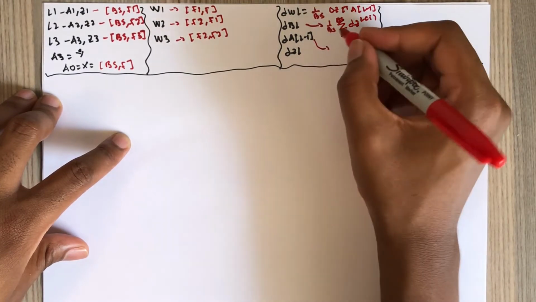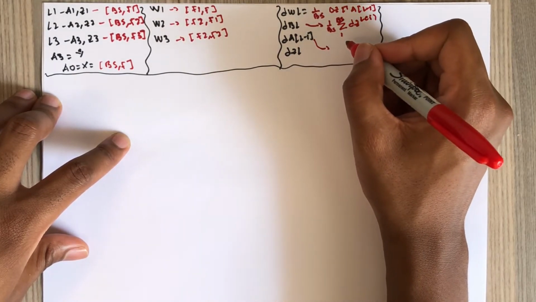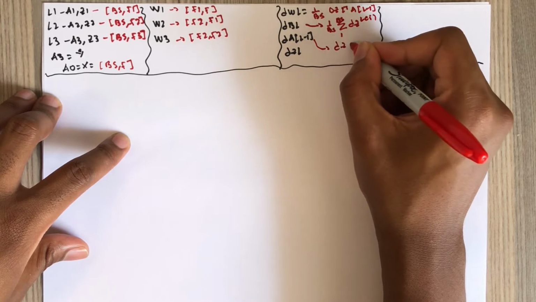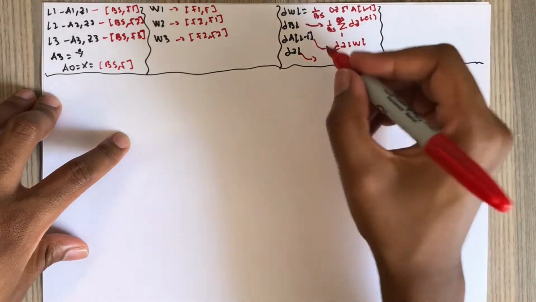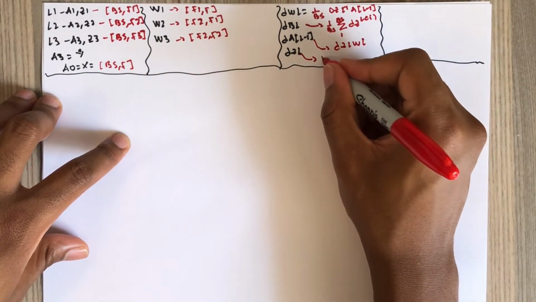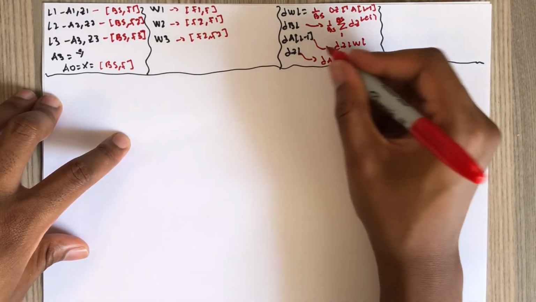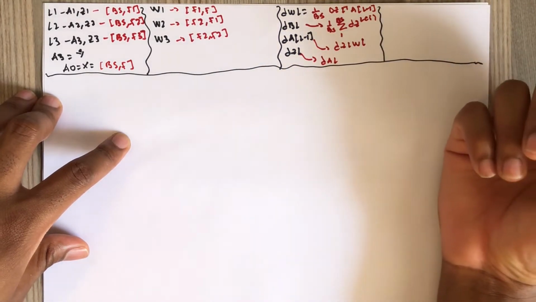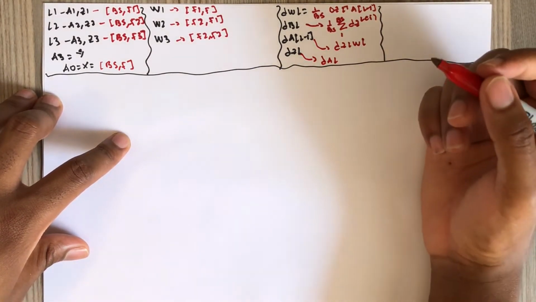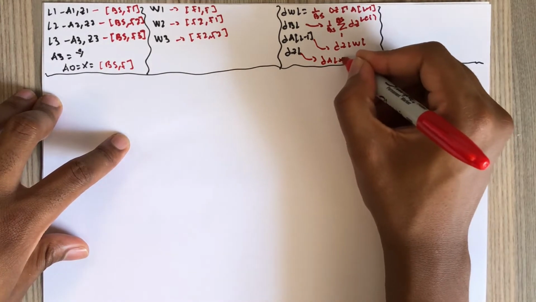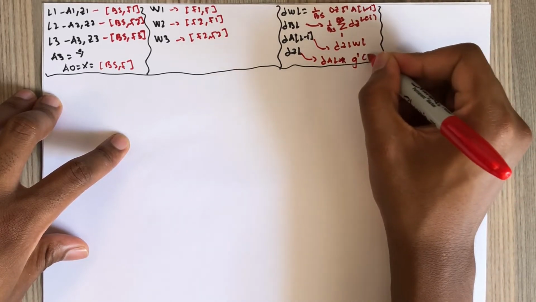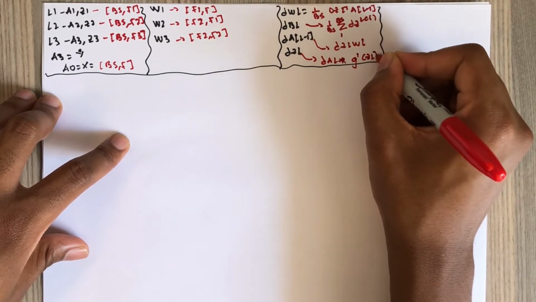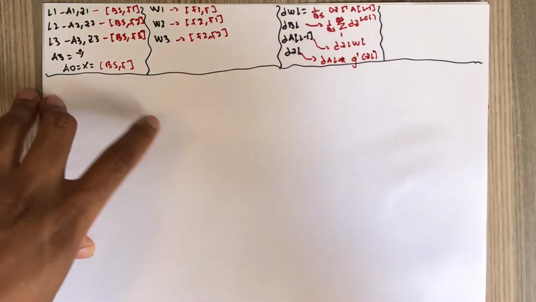Then this is dZL, WL, and this is dAL. This is only applicable when we use the nonlinear functions like ReLU. Then element wise product of that ReLU, for example, with respect to ZL. Okay, these are the formulas that we use,